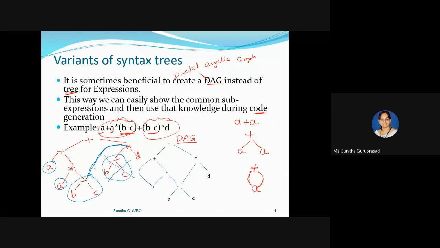That means this I can't remove, but this plus, instead of connecting to this A, I'm connecting it to this leaf node. This I will be removing. But whenever you are connecting, you should see to it that this does not contain any child. If it contains a child, then the meaning will be totally different.